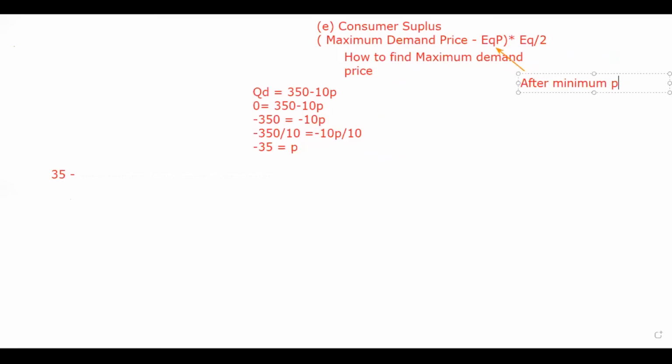So what is the after minimum price? The new equilibrium price, because of the quantity we have given. So the new equilibrium price was 35 minus 24, because that is the new equilibrium price, into equilibrium quantity. What was our new equilibrium quantity? 110, which is also the new equilibrium quantity, because they have requested after minimum price. So I will go with the new equilibrium quantity. I'll put a small formula here.